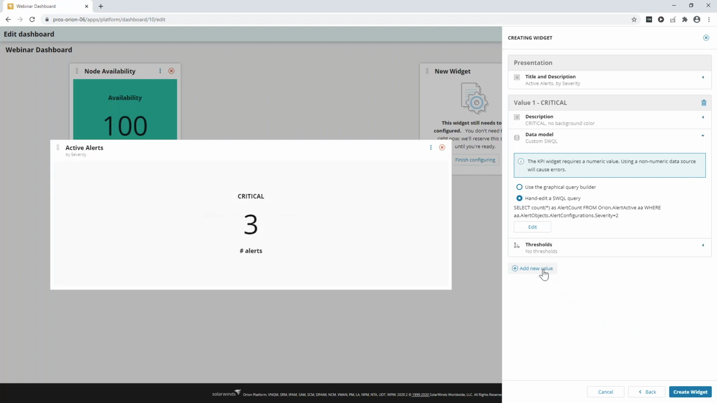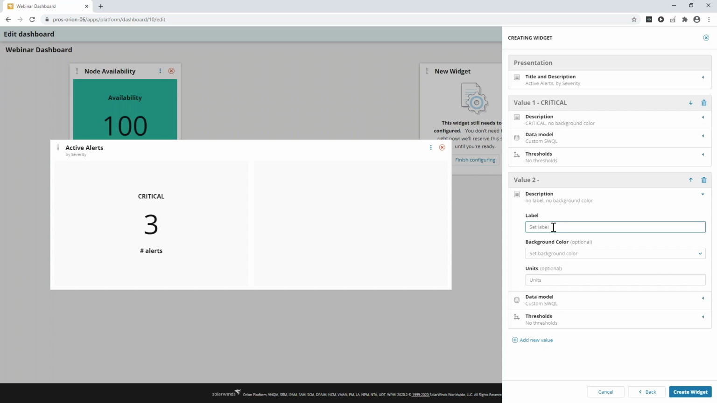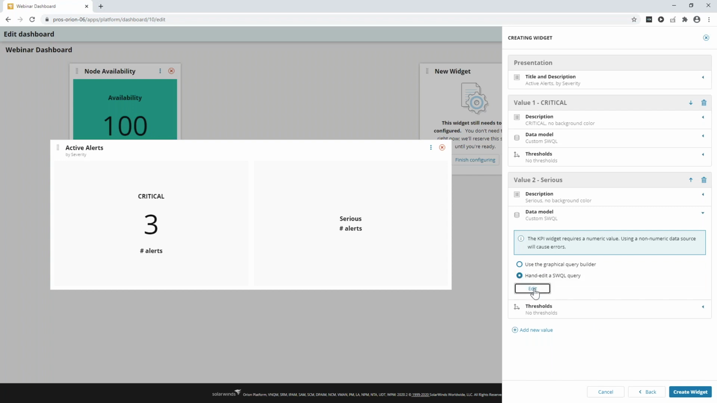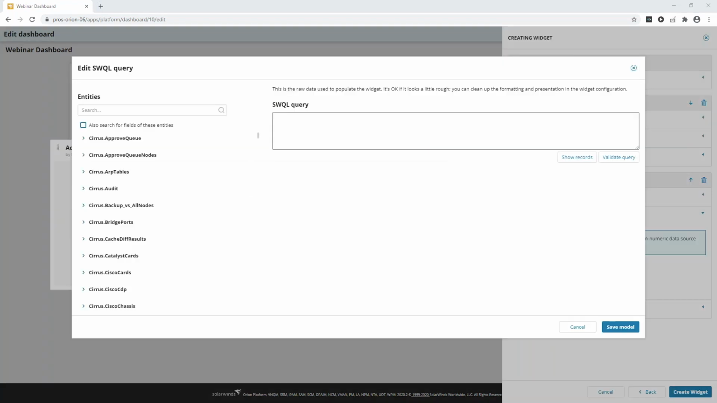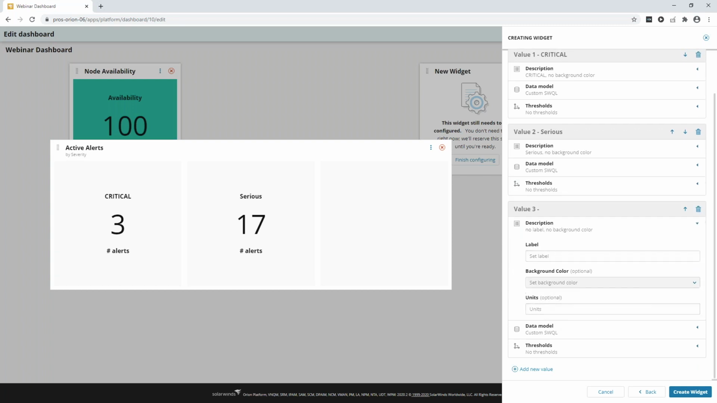Now I can add more values. So if I click on add new value, as you see it created a second frame. I can do the same for serious level alerts. I can use number of alerts again. I can define my data model using a custom query. And I just need to provide the correct query. As you see, I'm using a different severity value to get serious alerts. As you see, we have 17 serious alerts. If I save it, I can add another one,